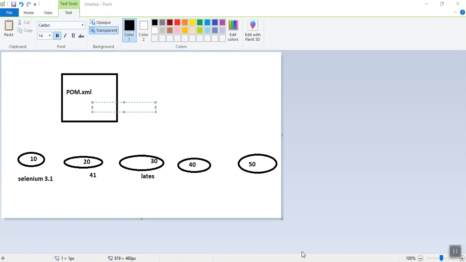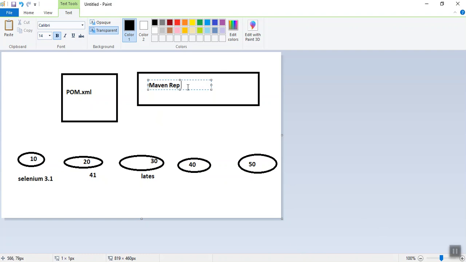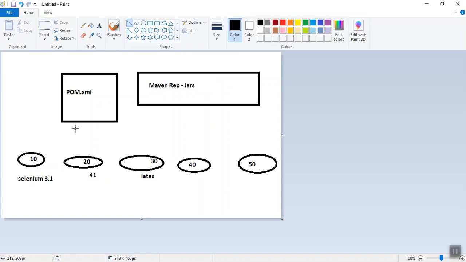One more thing, on the internet you can see a lot of Maven repositories. These Maven repositories have jars, and all these team members will be connecting with the Maven repositories which have multiple jars.